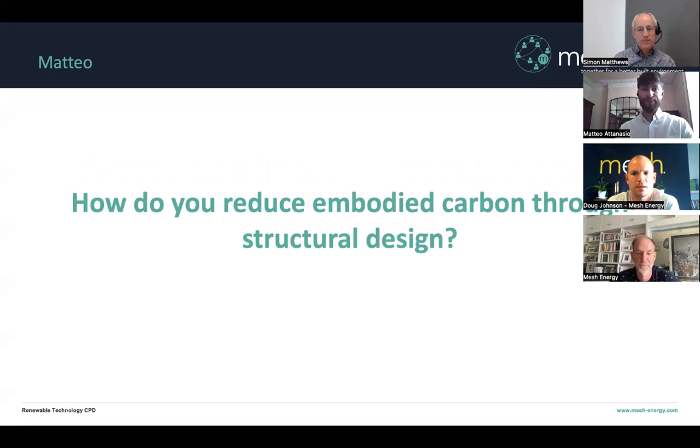Yeah, absolutely. Luckily, Simon's mentioned half of them for me in the last question, which is fantastic. We've got retrofit, reuse of material. Luckily, our professional institution, the Institution of Structural Engineers, handily outlines the things that we need to do to reduce embodied carbon. So number one is build nothing, and it ties very nicely into Doug's point of challenging the brief and what Simon said as well about getting in at RIBA stage 0 when the brief is actually being hashed out. We are very rarely involved at that stage, unfortunately,